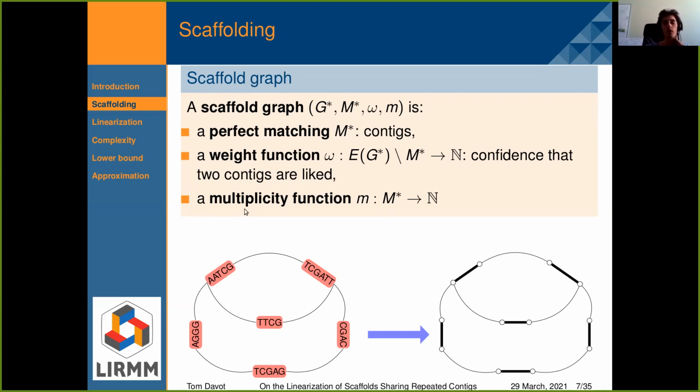We also have a multiplicity function on the contig edges, which represents the number of times that contig has to occur in the DNA. In the rest of the presentation, I will represent the contig edges, so the matching edges, as bold edges, like this.